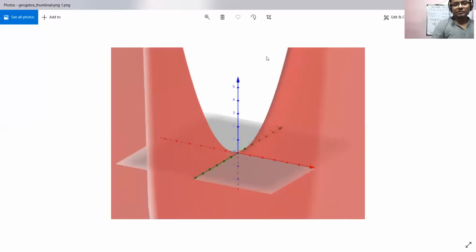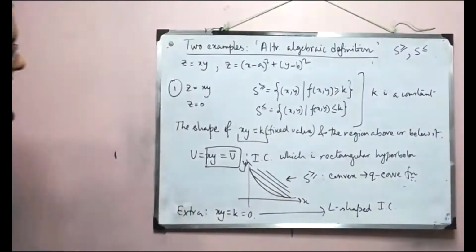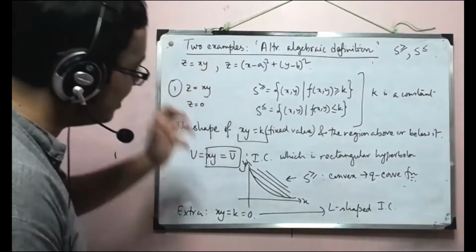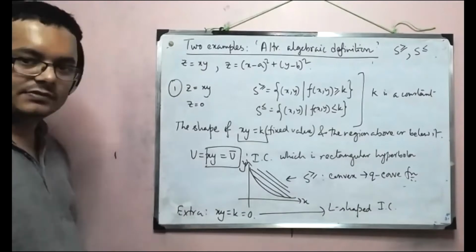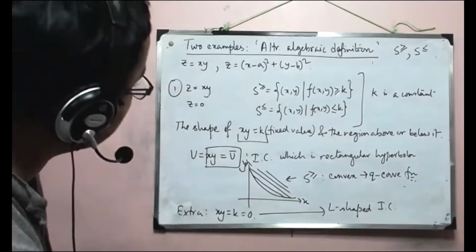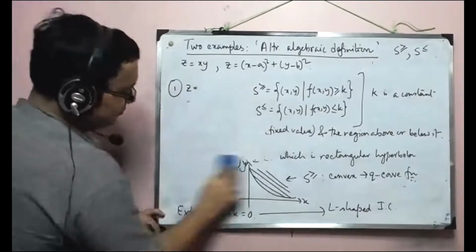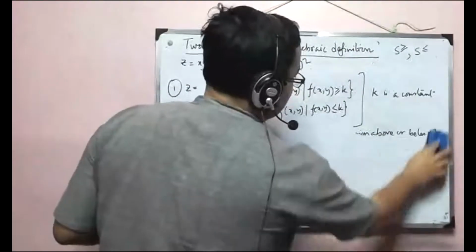Okay, so now I'm going to stop sharing the screen again. So this is how z equal to xy looks like. And using our definition, we used a concept which is very well known to us. We looked into the shape of the ICs. Now we will go to the second one, and we'll be doing the same job. So what is the second one?